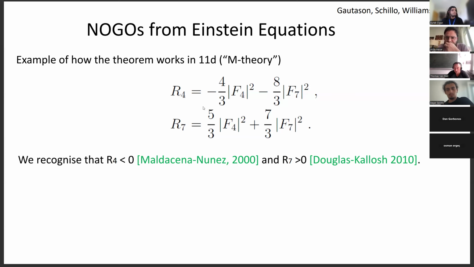Honestly, this is an exercise of like 10 minutes, right? And so I can already learn something interesting. For R4, I only get minus signs in front of quantities that are purely positive. So this is just demonstrating the usual fact that you cannot get de Sitter, but you get anti-de Sitter. Oppositely, we find that the extra dimensions, when you fill them with magnetic fluxes, the back reaction of these fluxes is such that they are always positively curved. Okay?